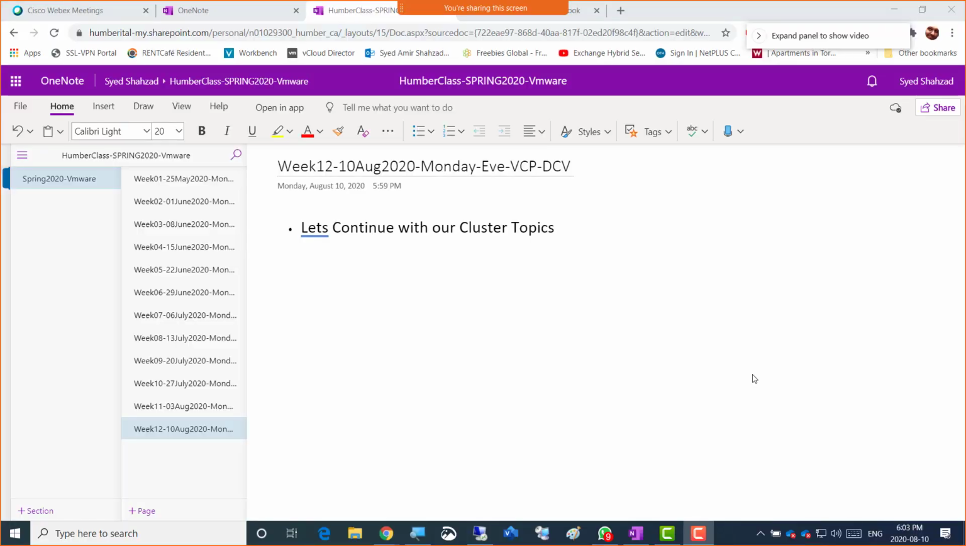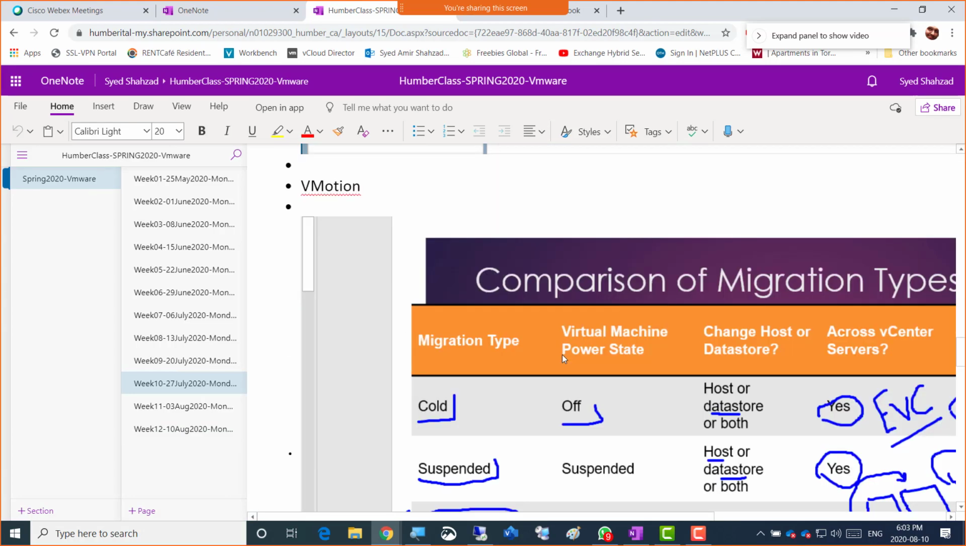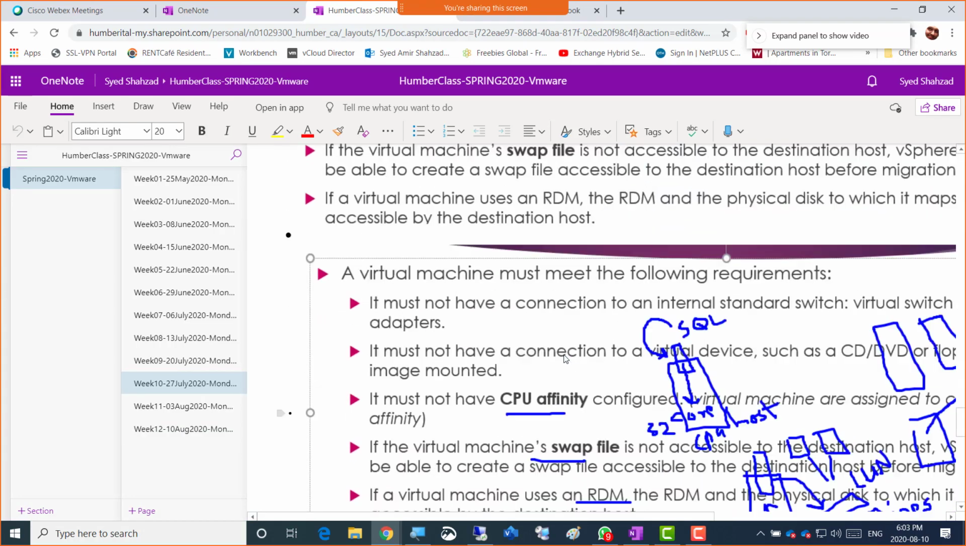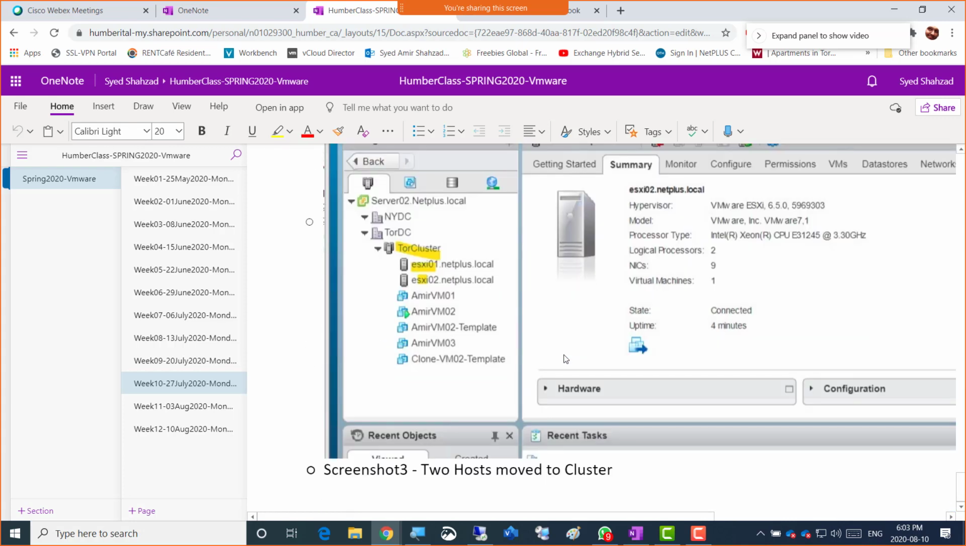Alright guys, we're going to talk about the cluster topic now. Where were we in the last class? We had gone for vMotion, and so host move to cluster. Okay, so what we did was